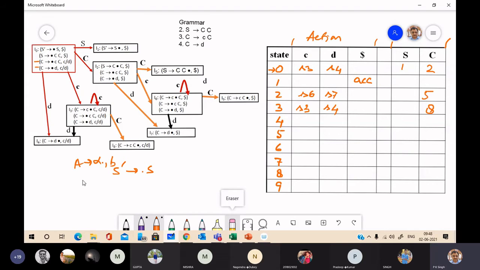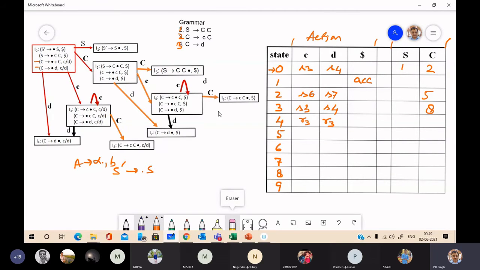Then the action is reduce by A to alpha, so reduce by C to D. It is production number 3, R3, under C and under D. So here you have R3, R3. In the case of SLR, we compute the follow of A. Here you have to compute the follow of C.